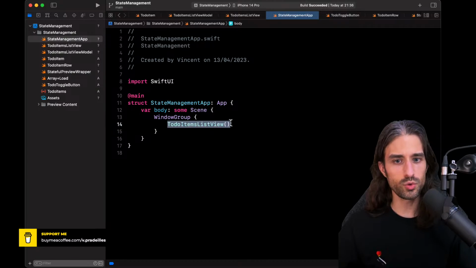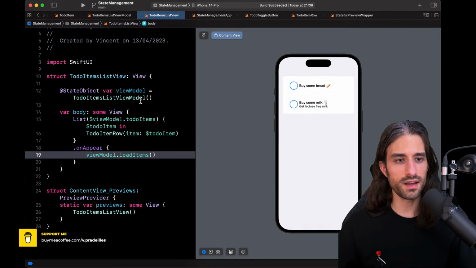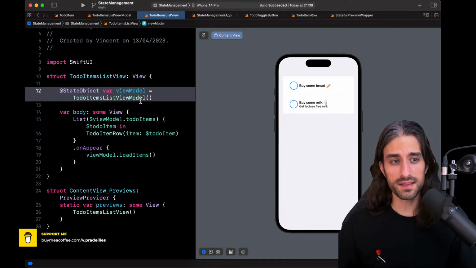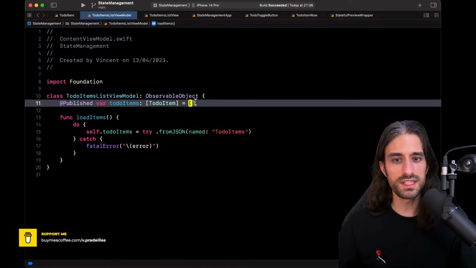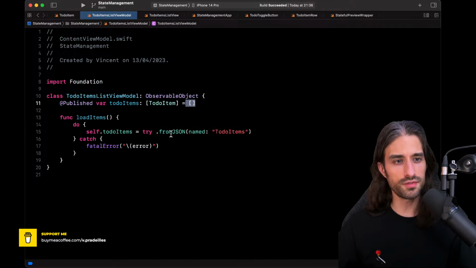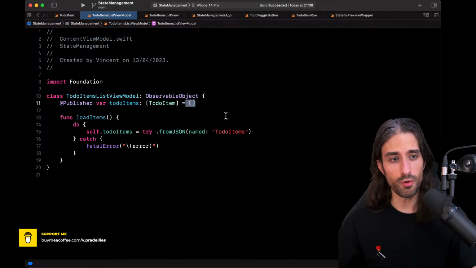And as soon as ToDoItemsListView is created, then so is the view model. And so if I still had in the default value the decoding of the array from the JSON, it would happen straight from the launch of the app, even though the view itself might not be shown straight from the beginning.